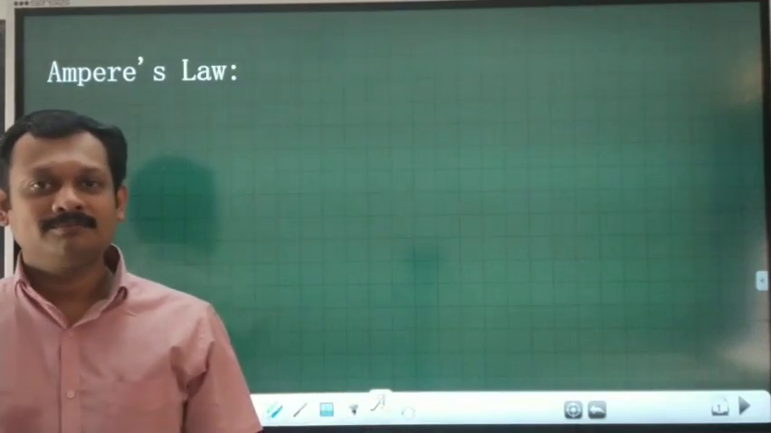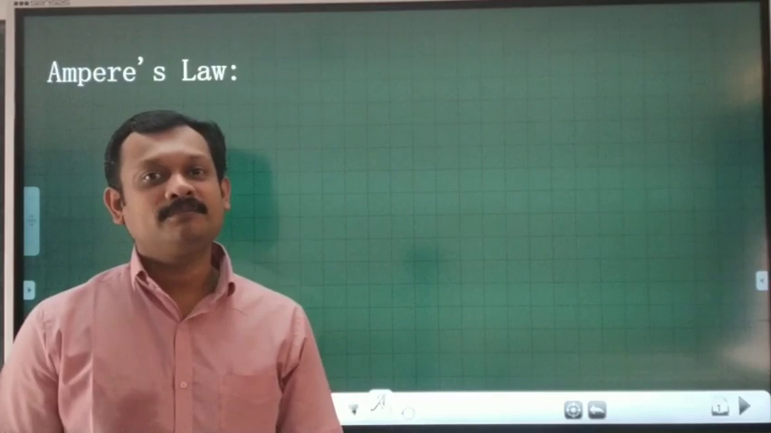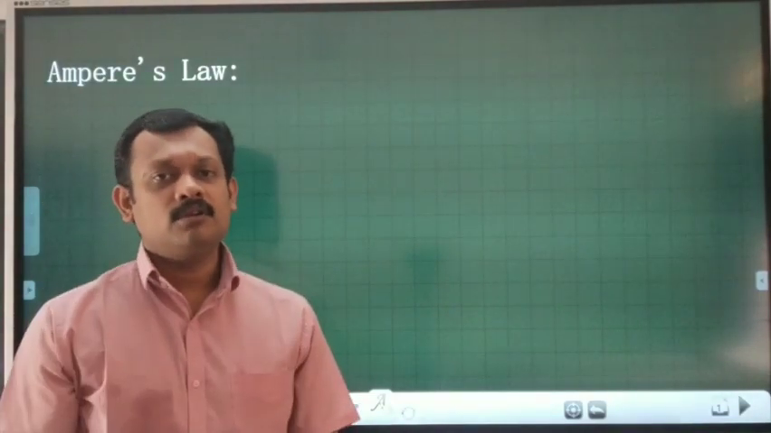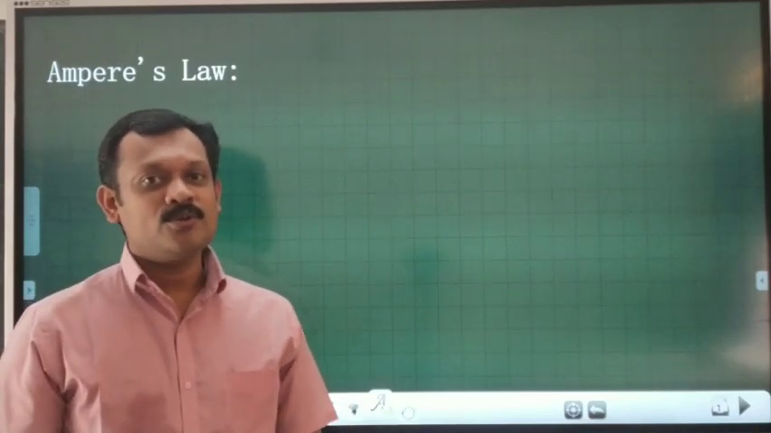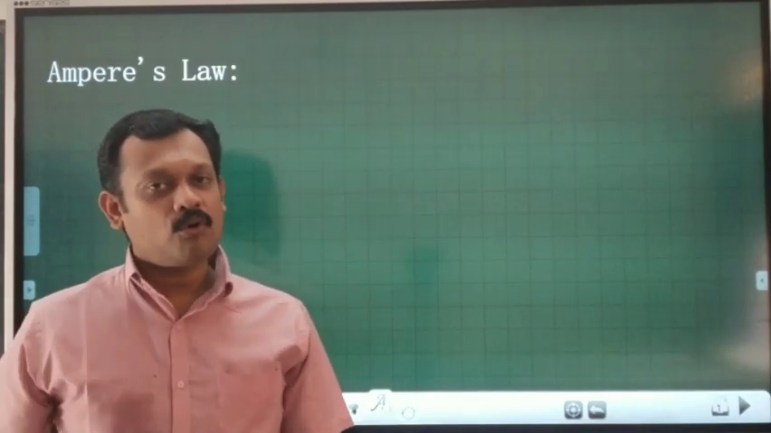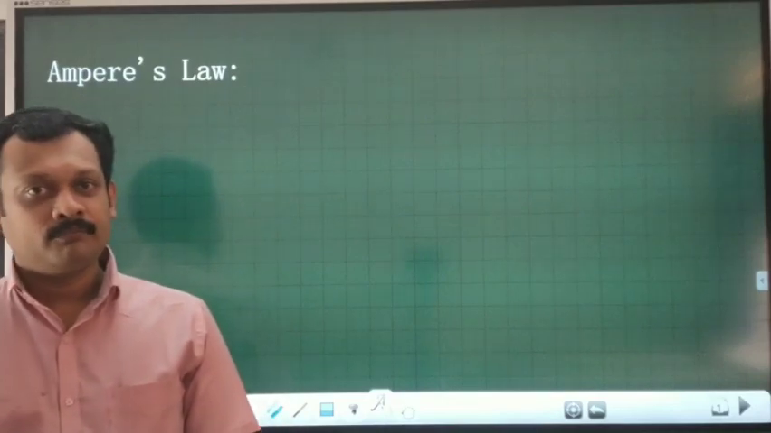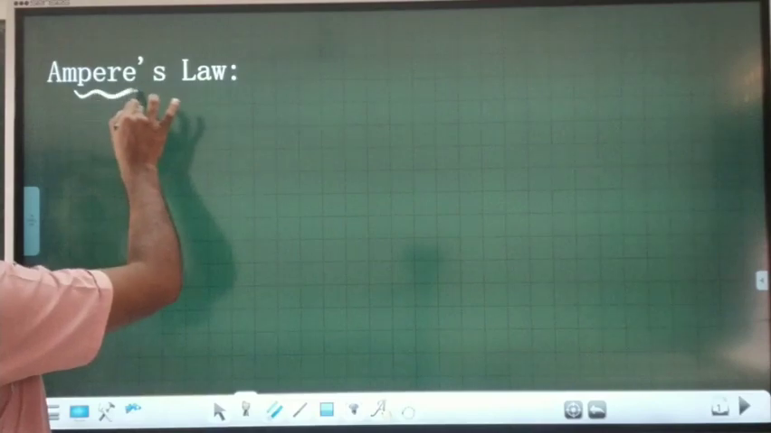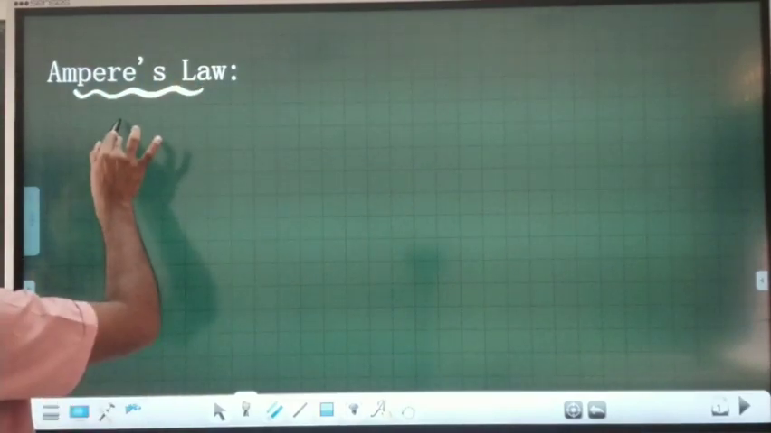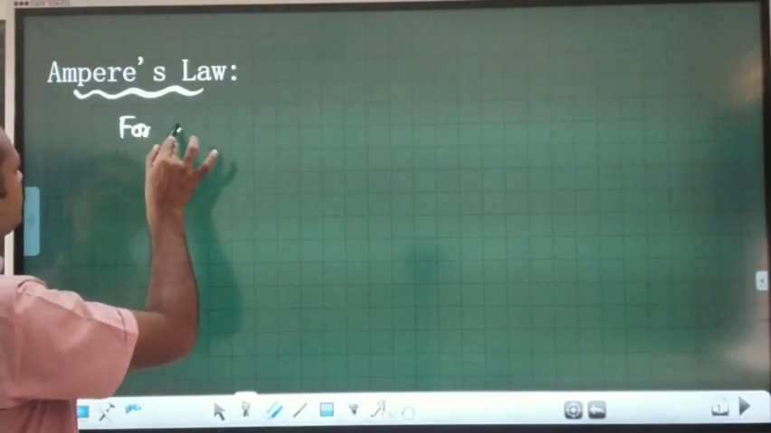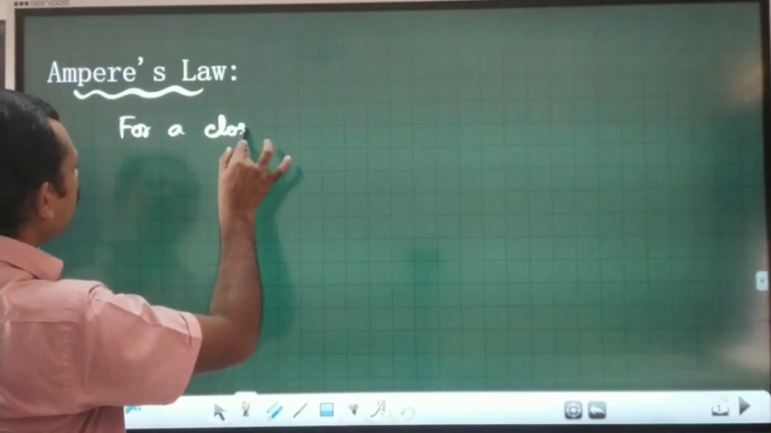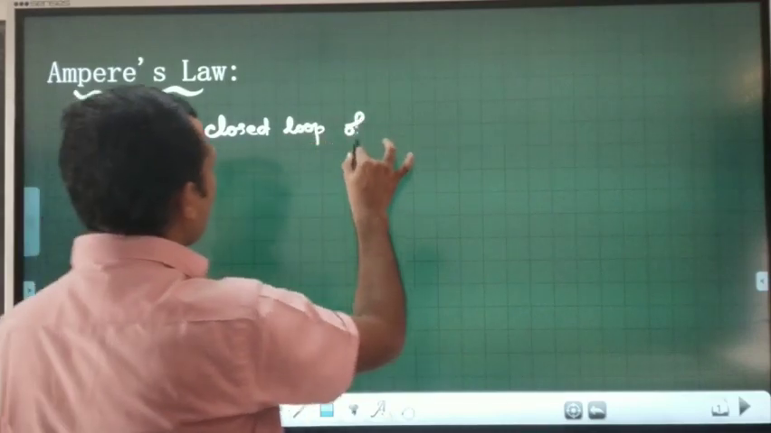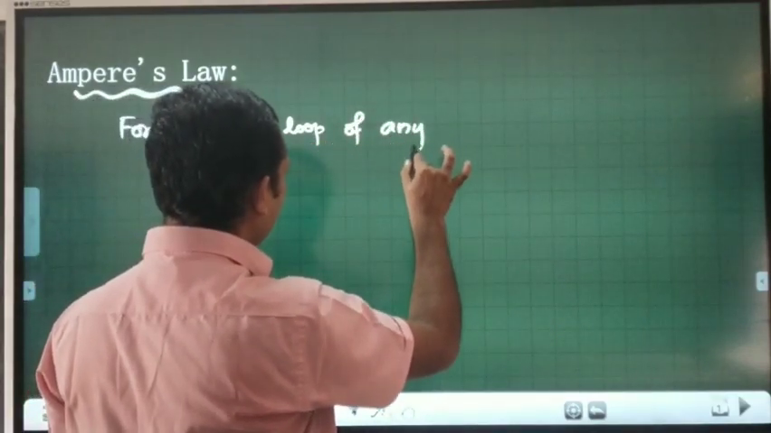Today's class, we are going to study Ampere's law. Let me tell you, it is analogous to Gauss's law for electrostatics. Now, according to Ampere's law, for a closed loop of any shape,